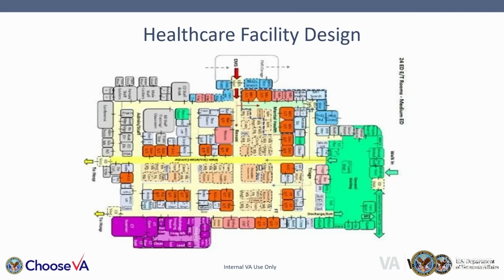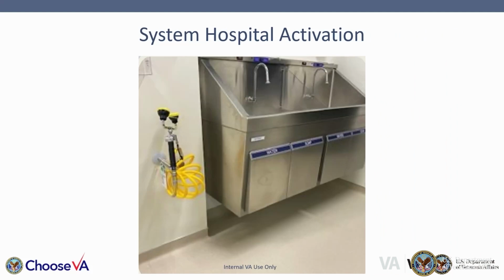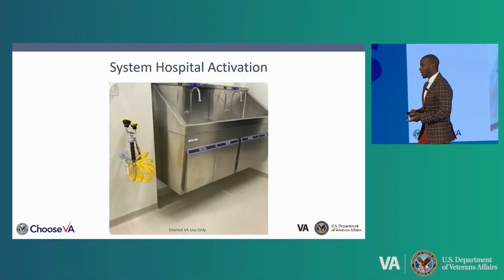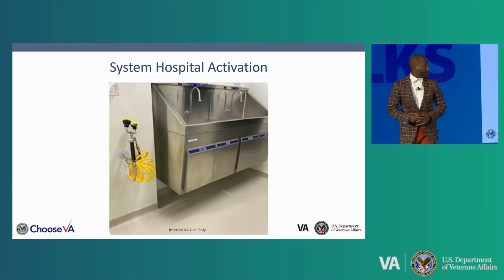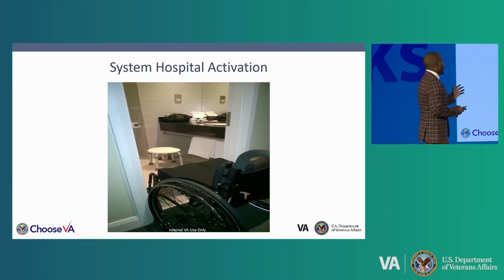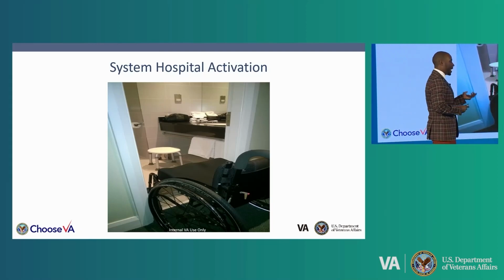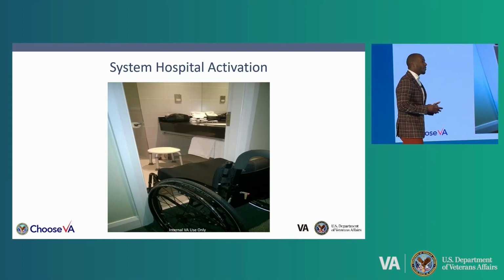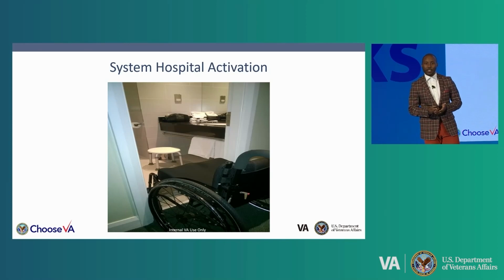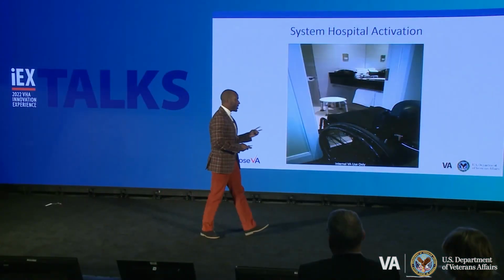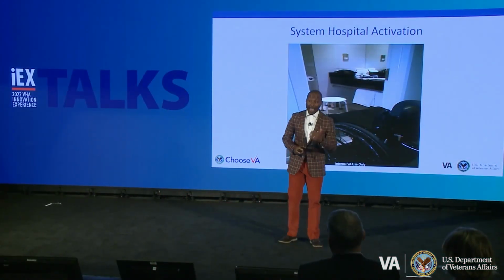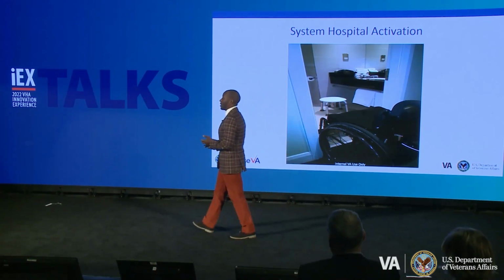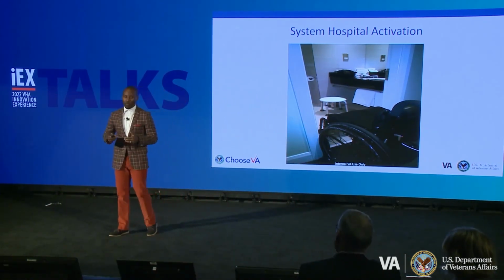Let me give you a couple of examples. This was found at a healthcare outpatient clinic. It's an eye wash station, no sink, no drain. It's a trip hazard. Let me give you another example. You have a door that leads into an exam space, but the door frame is not wide enough to fit a bariatric wheelchair. Now, these two examples that I just gave you are consistent in site visits that we do across the VA landscape.